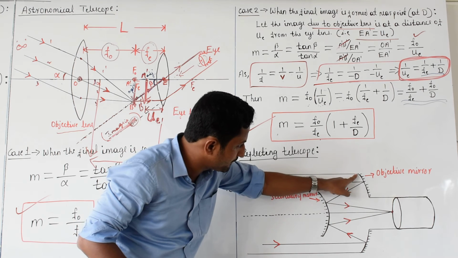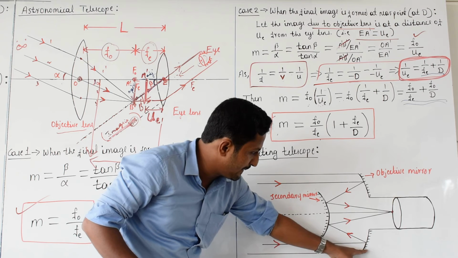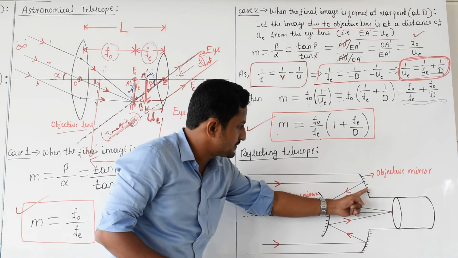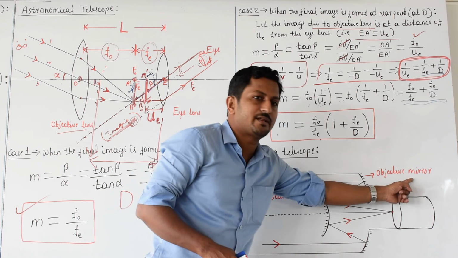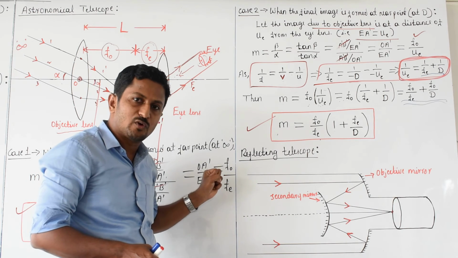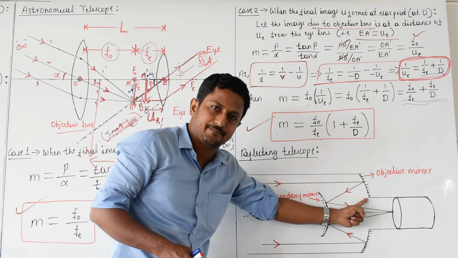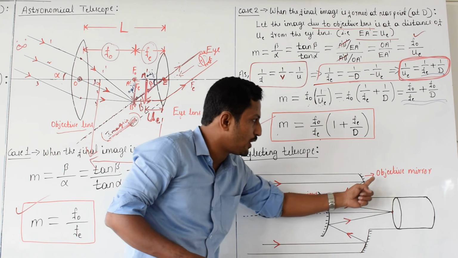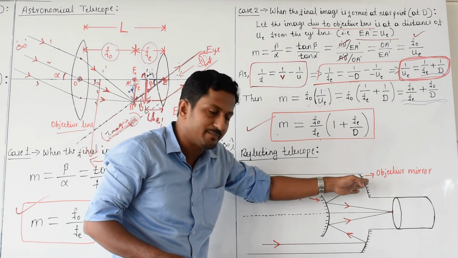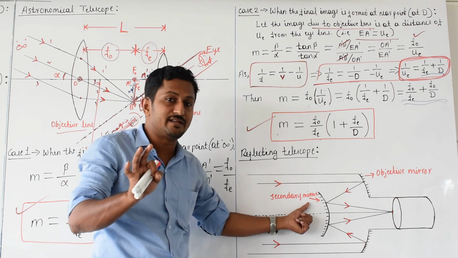And this portion of that instrument is also a mirror. Here the back side is painted, the inner side is reflecting. This one we call the objective mirror. Why objective mirror? It means light rays from the distant object first fall on that mirror. That's why we call it the objective mirror. Then thereafter, reflecting from that mirror, they fall on another mirror, which we call the secondary mirror.